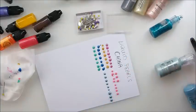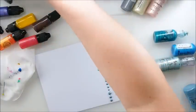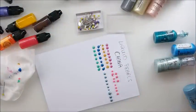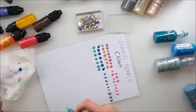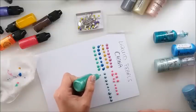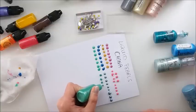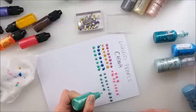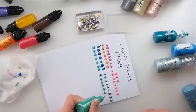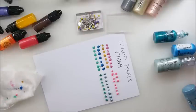What about the Rangers? Let me see Ranger, a green one, but not the finished one. Or maybe, oh, that's a Dover Craft. Let's see Dover Craft, how this will actually go. Well, it's okay, let's give it a try. It's not too bad actually, Dover Craft. Look, it's not too bad. I hope that this little tint on top will disappear. We have to wait and see, because at this moment we have this